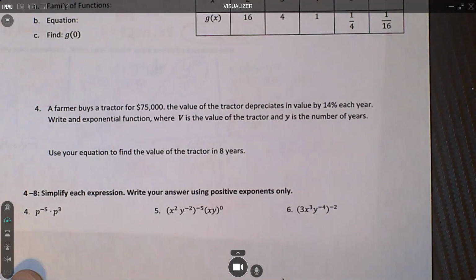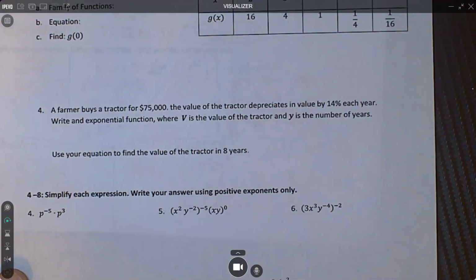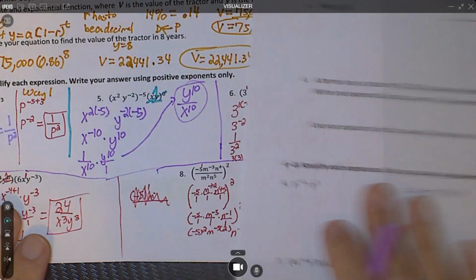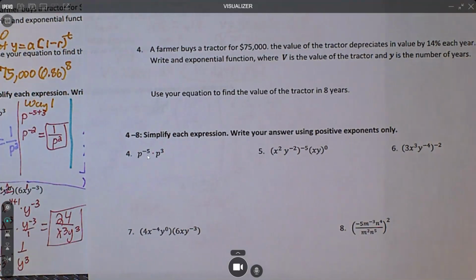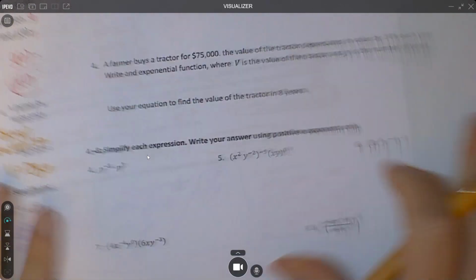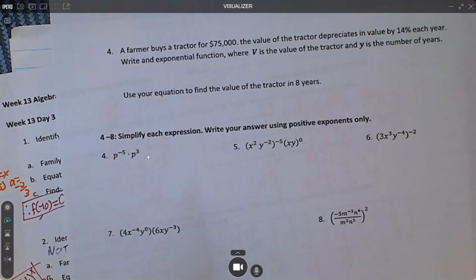Okay, I forgot to press record. So I think we were at this point right here. I was writing in gold. Let's see. We had